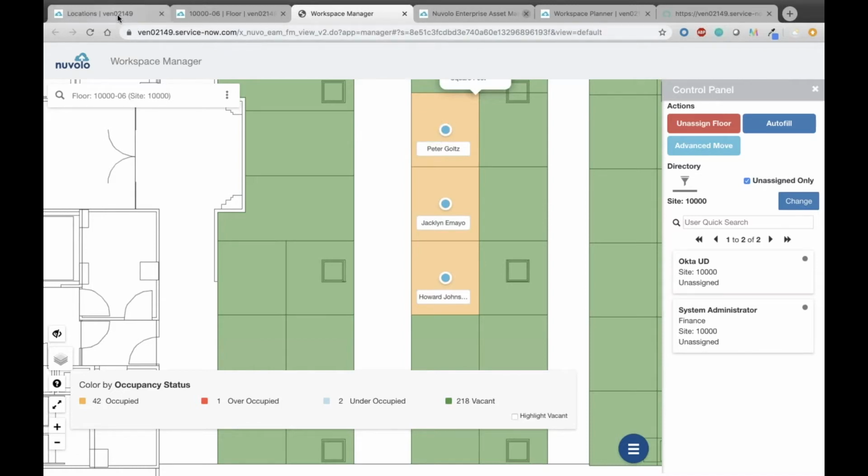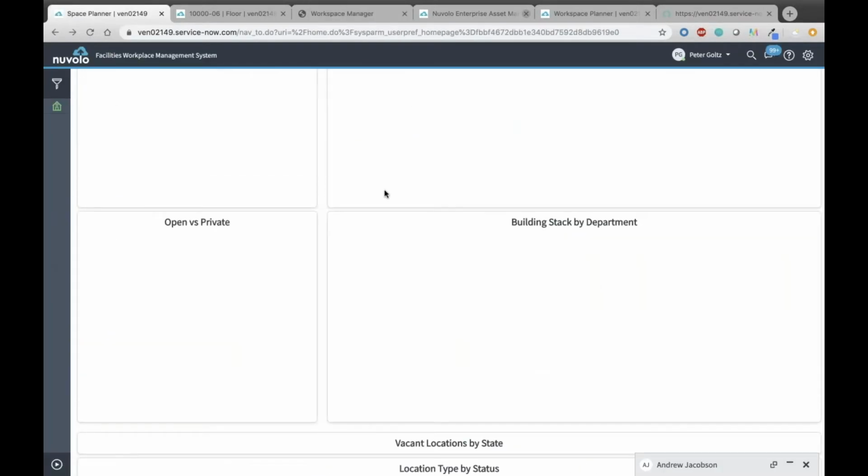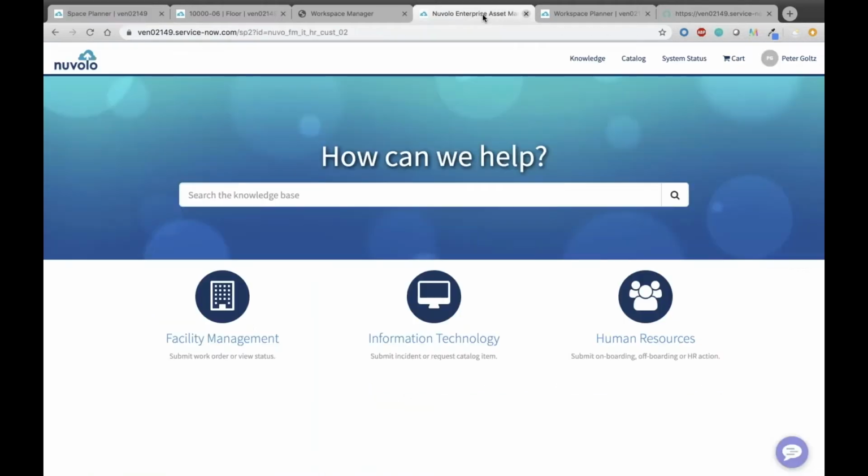And in order to do that delta move, that gives you the ability to then report to say, for example, how many vacancies do we have across the portfolio? So as an organization, you can start to then plan out these moves proactively in advance. You can check in with the departments to make sure that they have all of their needs being met. And then when it comes time to maintain the use of space,